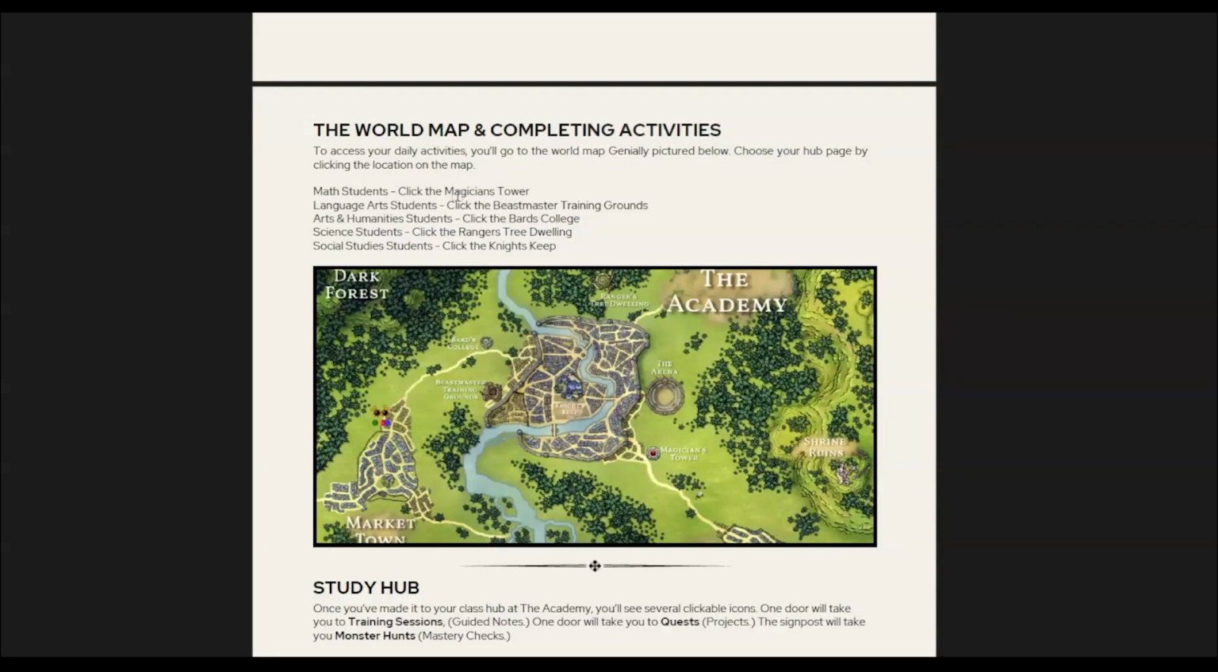It says math students are going to click the Magician's Tower, which you'll find right here. Language arts students are going to click the Beastmaster Training Grounds, which are right here. Arts and humanities students are going to click the Bard's College, which you'll find here. Science students are going to click the Ranger's Tree Dwelling, which is up here. And social studies students are going to click the Knight's Keep, which is here in the middle of the city. There's a few other places that you can click and go to, but these are the main places that you'll